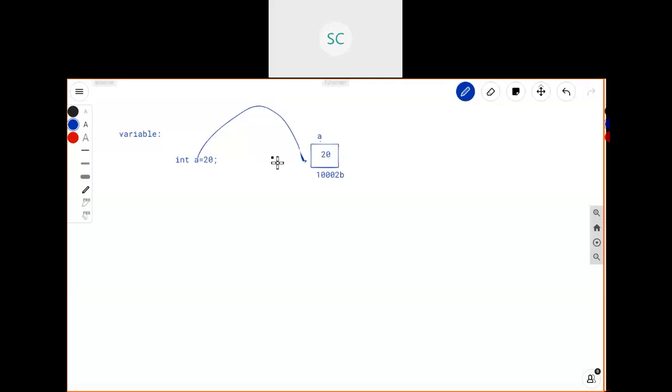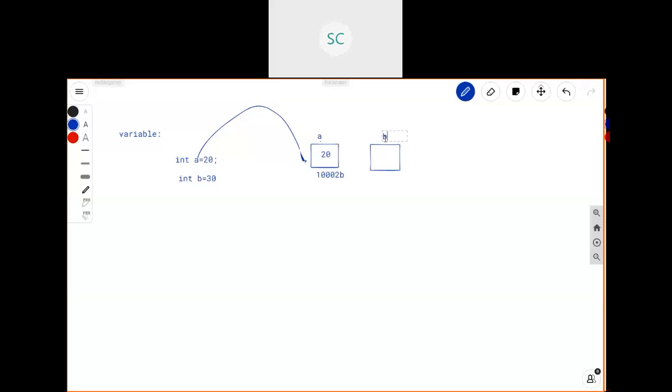To store 20, I declared one variable. For example, if I want to store 30, I need to declare one more variable, right? int b equals 30. What does this mean? This is also similar. It will create one memory location in RAM, and we are giving the name b to that memory location.